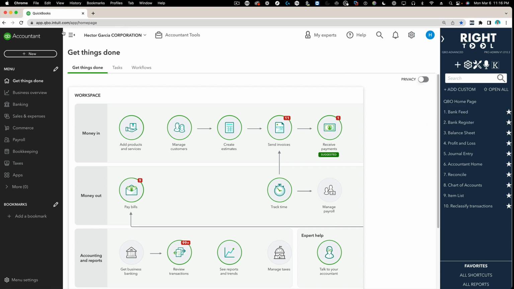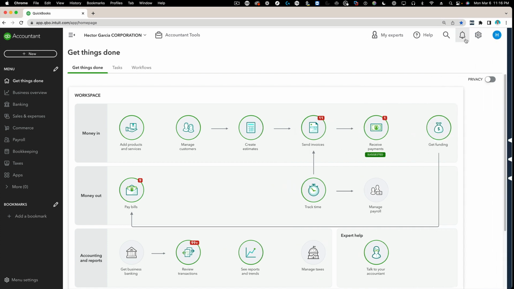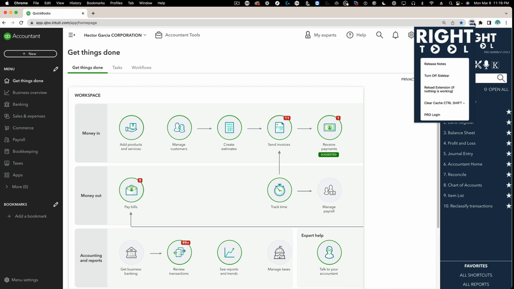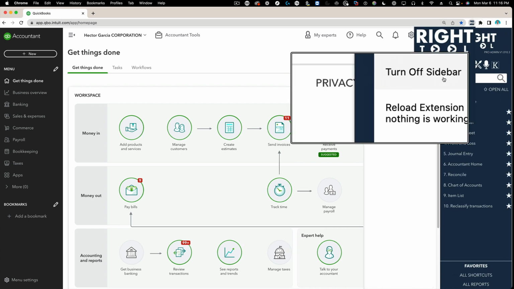Now, something else, it's more of a personal preference. Let's say that you like a lot of the RightTool features, but you don't use the right toolbar at all. You don't use the sidebar at all. You use maybe some of the shortcuts and you use some of the report enhancements, but you don't need to use this sidebar at all. Now, you can collapse it, but some people don't even want to be able to collapse and expand it. So that's possible too. You can click on where it says turn off sidebar, and what it does is it